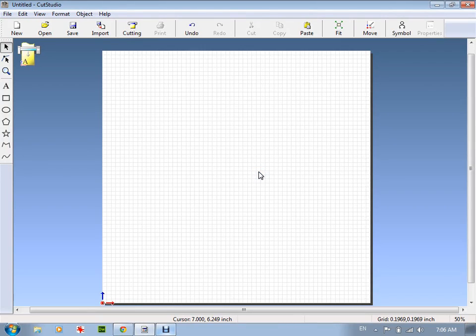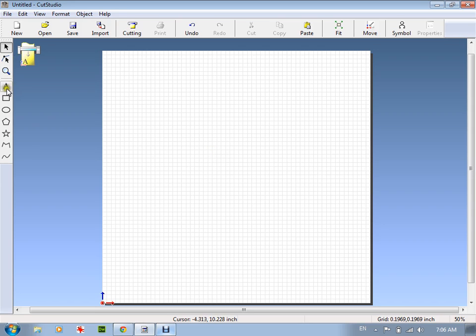This is a tutorial on how to create a two-colored sticker in Cut Studio and then going to the vinyl sign cutter. So start off with, this is my Cut Studio program, and I just have a blank screen at the moment. And I'm going to do, first off, a very simple sticker that's just with